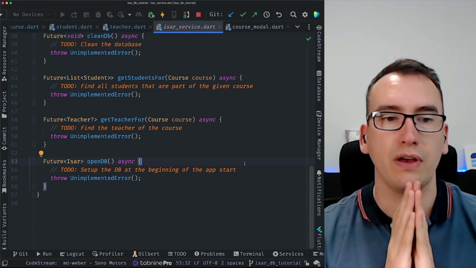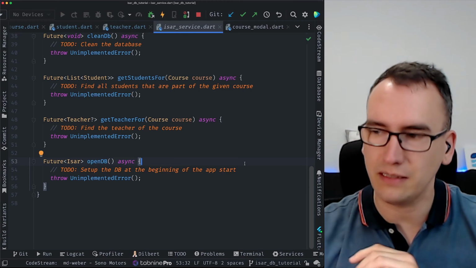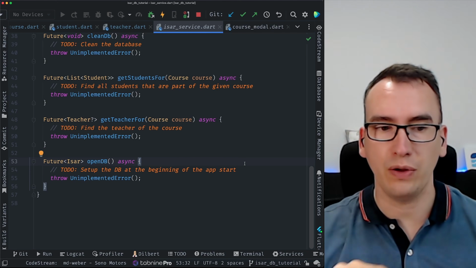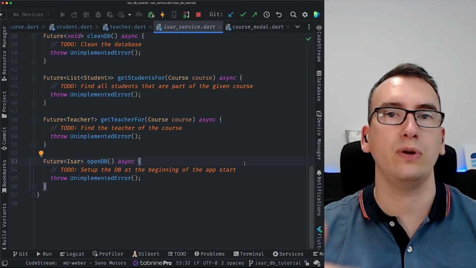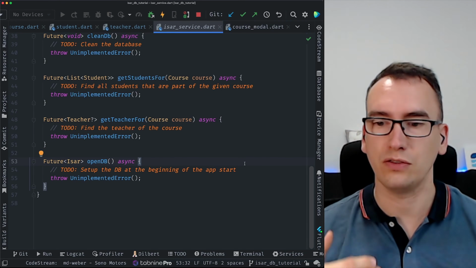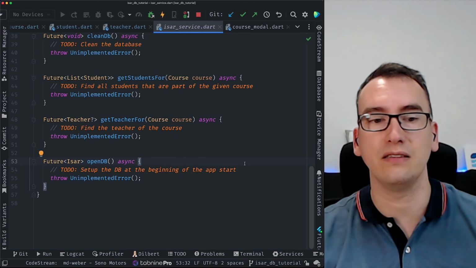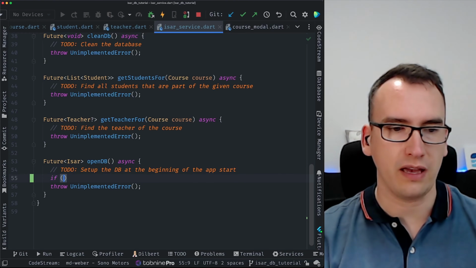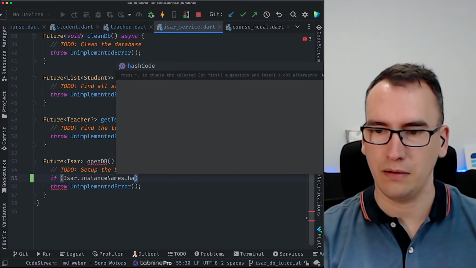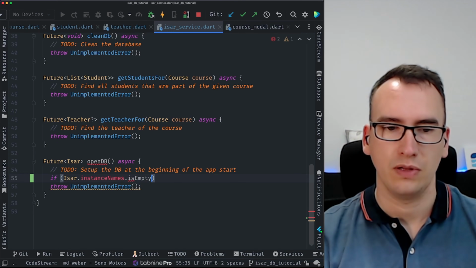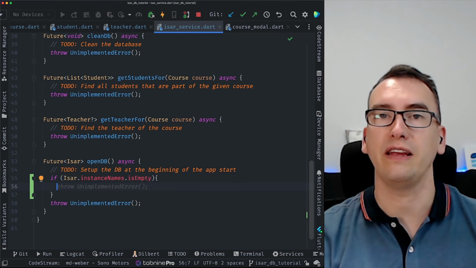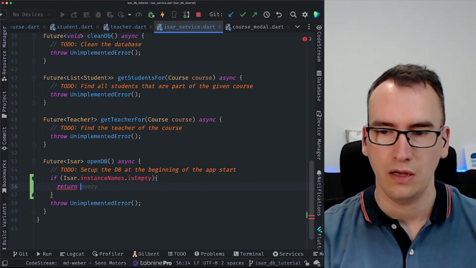All right, so here we start in Isar service completely at the bottom at openDB. So whenever we restart the app or we start the app, we run into this openDB and we set up the Isar DB once again for our application. That leads to a small problem with hot reload. So we have to first check if Isar already has an instance running. So let's do that. First, we check if Isar.instanceNames is empty. So with that, we know at this point there is an empty Isar DB, nothing already there, so we can create a new one. So we return await